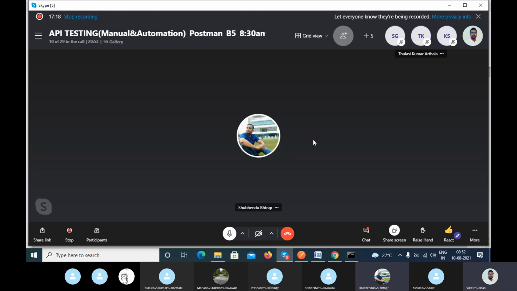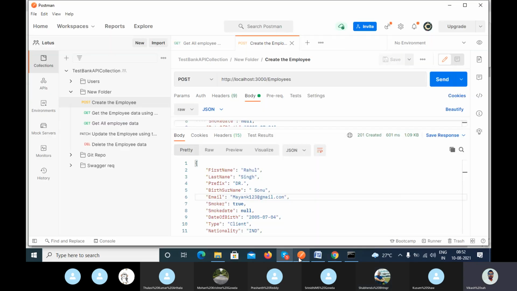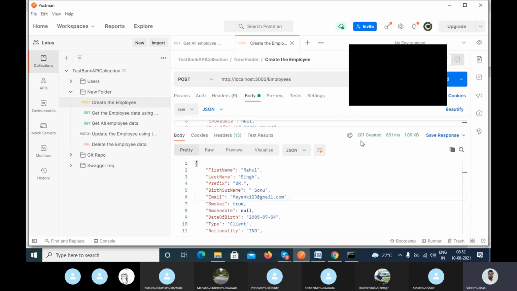Yeah, by print you mean displaying the result. Whenever we are connecting with the server, you are getting the 201, it is not printed. Actually, 201 will be returned by the server.